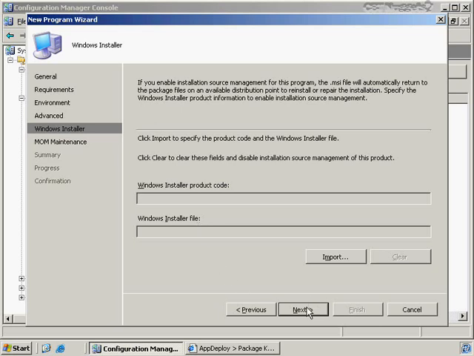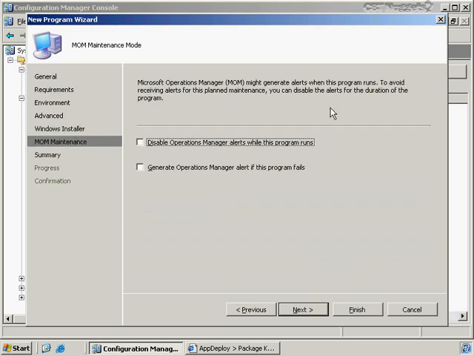had problems. If we have Microsoft Operations Manager or System Center Operations Manager in our environment, we can disable MOM alerts while the program runs. Maybe the program's running and it may generate MOM alerts, which alert our help desk or our MOM console. We want to make sure that those don't occur. We can say, okay, we want to generate an alert if the program fails so that we'll know in Operations Manager when that program has failed. If you don't have Operations Manager in your environment, then both of these checkboxes are not going to do much